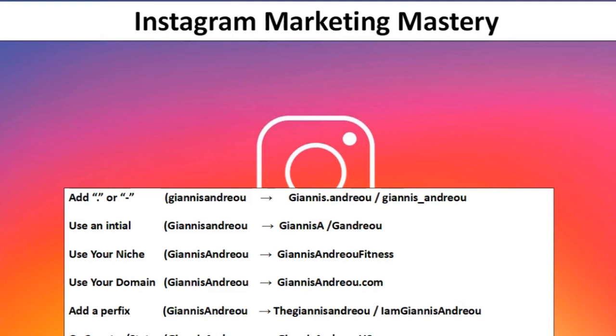Fifth one is that you can use a prefix. Now, oops, it says prefix, but it is meant to say prefix, or whatever it's called. Prefix is basically something that you put before something else. Like a word can have a prefix, some letters that are added to the word before that. So for example, Yannis Andreou can be like this, the Yannis Andreou, or I'm Yannis Andreou, or something